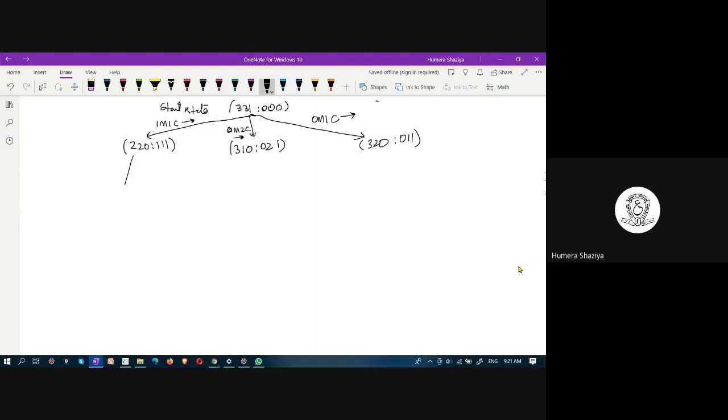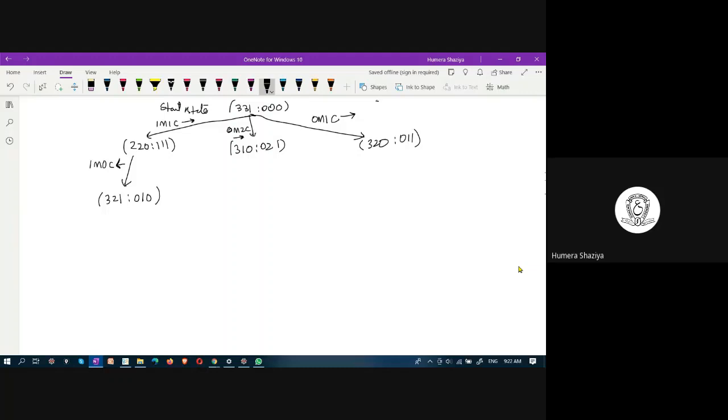So you have to come from right to left. You can take one missionary, 0 cannibal, and the arrow is right to left. And what state do you arrive at? 321 colon 010.